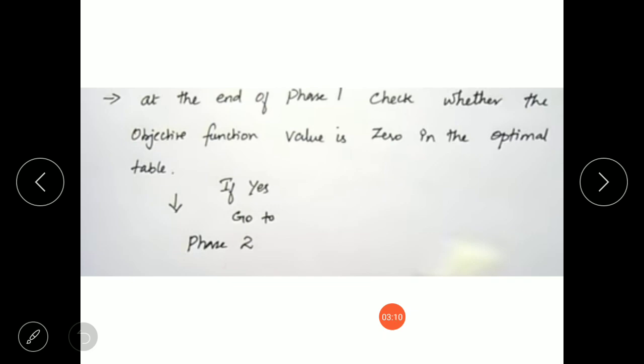Now let's take an example. I'll solve a numerical using the two-phase method so that you can clearly understand step-wise how to solve it.